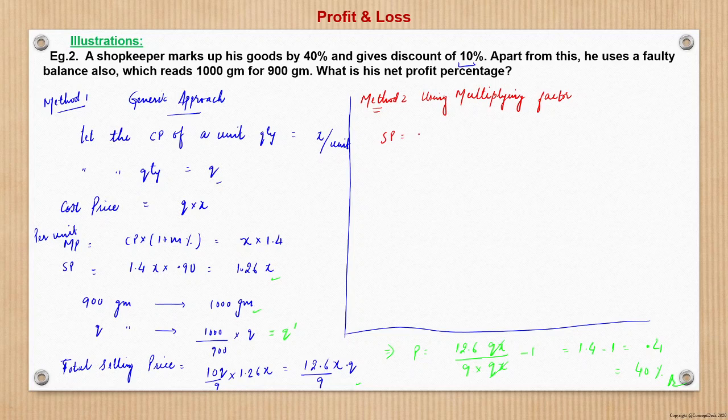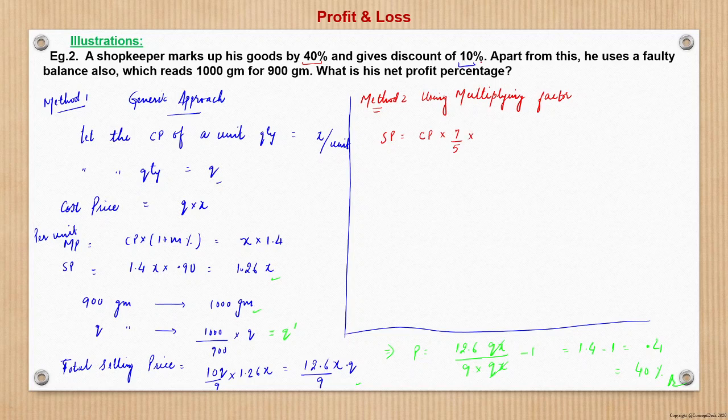We have to find SP, right? Let us say the original CP is given by CP. When I say SP here, that is the total SP, and CP is the total CP of all the quantity which the shopkeeper had bought. Now, when he marks up the goods by 40%, that means what? Marking up the goods, as we saw in the last session on mark price and discount, has an incremental impact on the selling price. So CP multiplied by 40%, which is 2 by 5. An increment of 2 by 5 means effectively 7 by 5 as a multiplying factor.